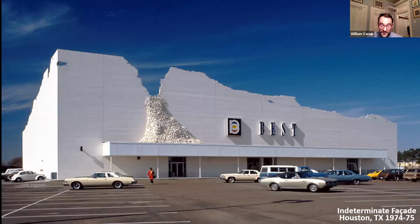The Lewises recognized the potential in the free publicity that the Peel showroom received for what had been a relatively inexpensive building modification. So they continued to commission buildings from SITE. There were 9 total that were constructed that SITE designed. And here is the second one they did. This one is the Indeterminate Facade in Houston,